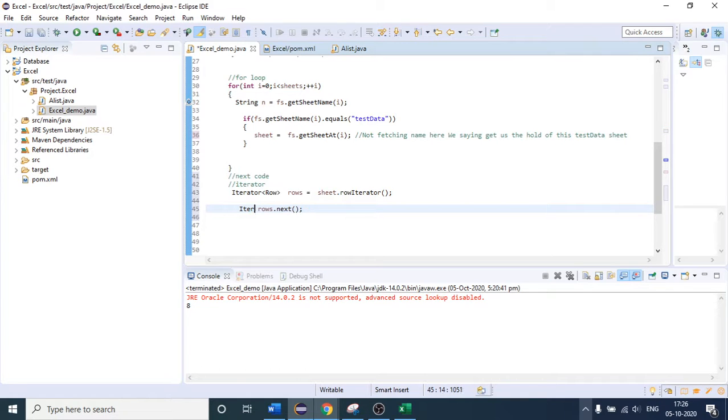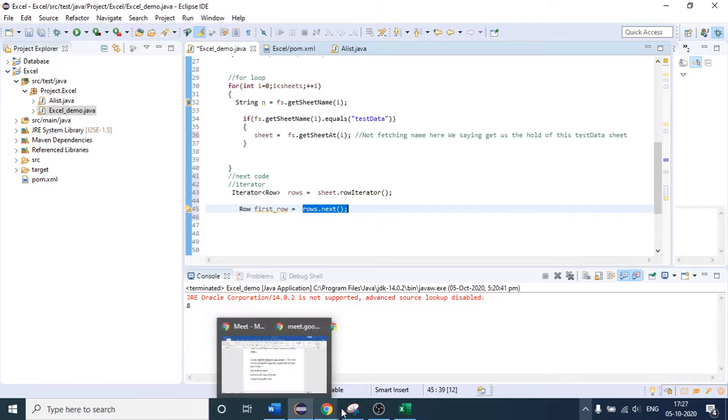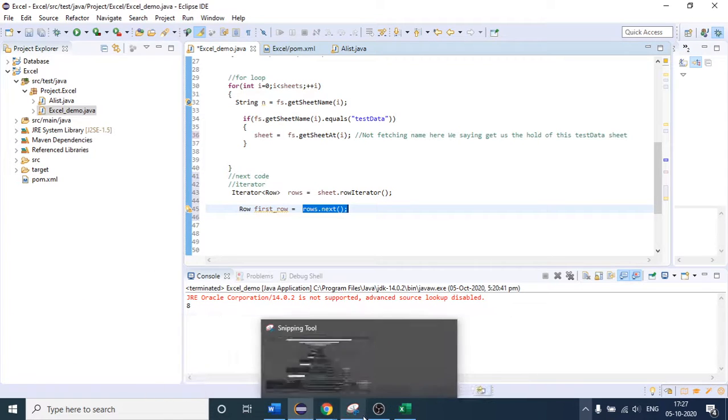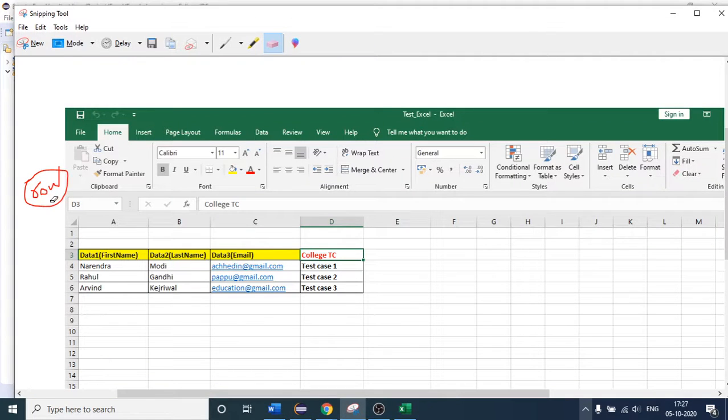On the left hand side, I will write row, which is my first row. This next method will move our iterator object. When I say rows dot next, this iterator will start pointing to our first row, which is this one.